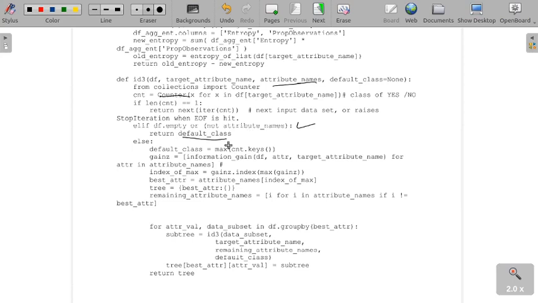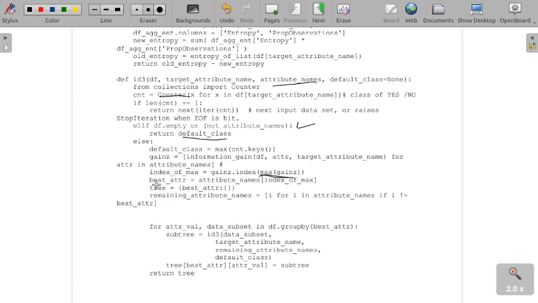Otherwise, we calculate the information gain. We get the information gain for different attributes, and the attribute with the highest information gain is selected, so the max of gains is selected and stored in the index of max.